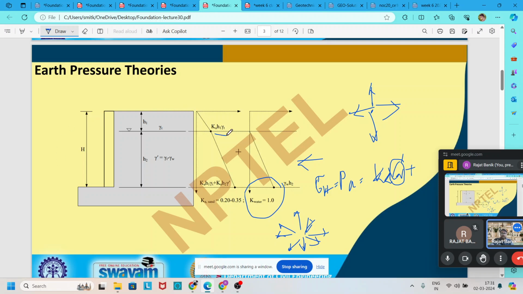Our active pressure at this point is Ka into H1 into gamma 1, where gamma 1 is the density of this layer, whose thickness is H1, and gamma dash is the submerged unit weight of this layer, where thickness is H2. So from here to here, there is no water table present, so there is no addition of extra water pressure. But from here to here,